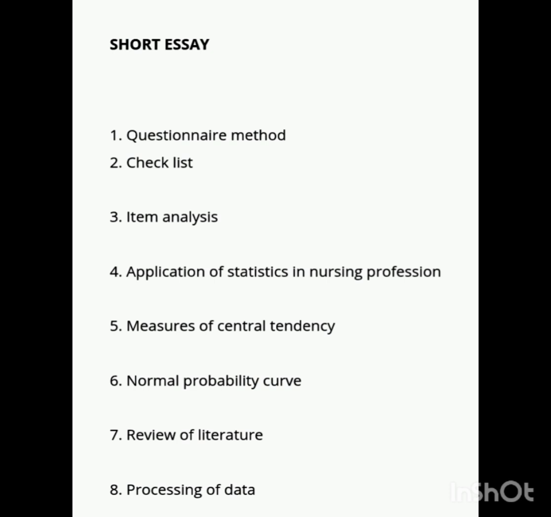And next, the third question is item analysis. Item analysis is a process that evaluates the test questions by analyzing how students respond to them. Okay, and next, the fourth one,